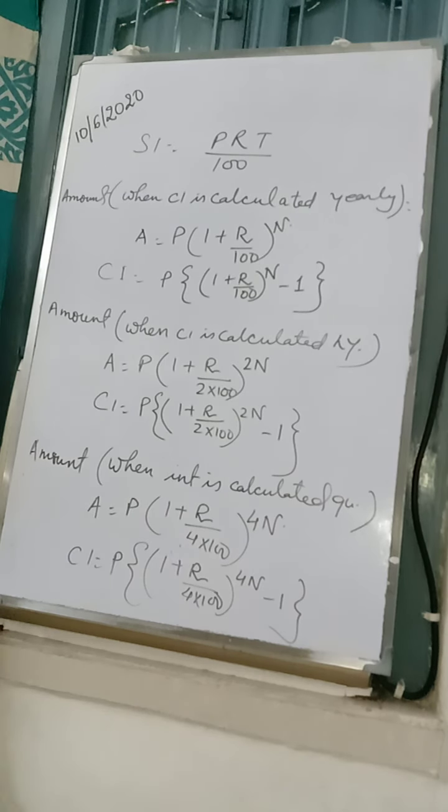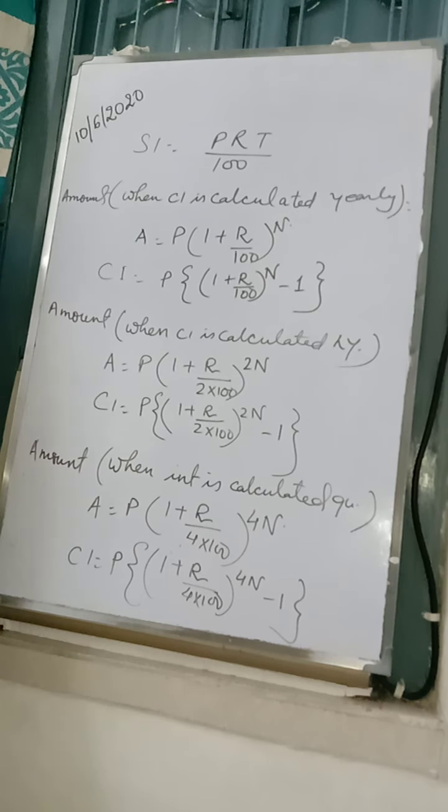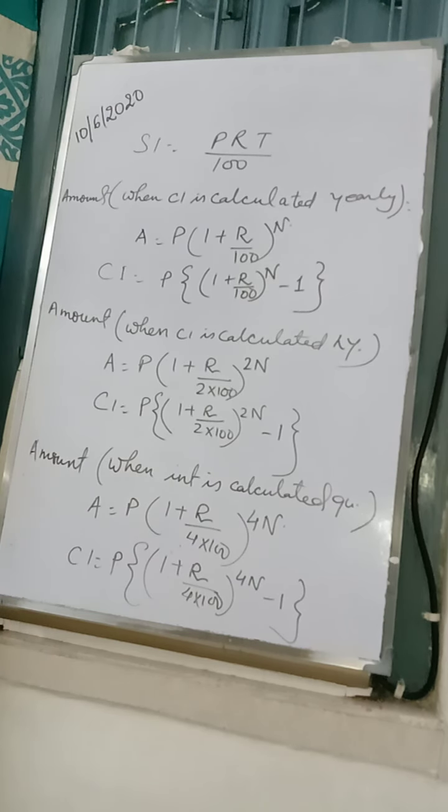If it is different rate of interest, different time is there. If it is calculated half yearly and quarterly. Now, if you have successive rate of interest, means every year different rate of interest you have, then what we do, we write the rate of interest as R1%, R2%, R3%, and so on, as many rates as are given. So, what is the formula for that?